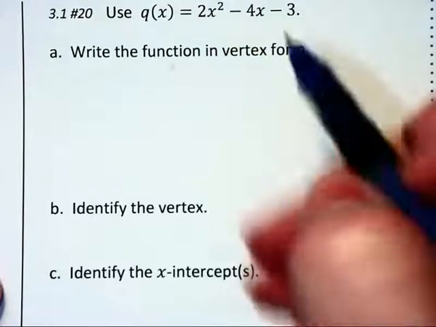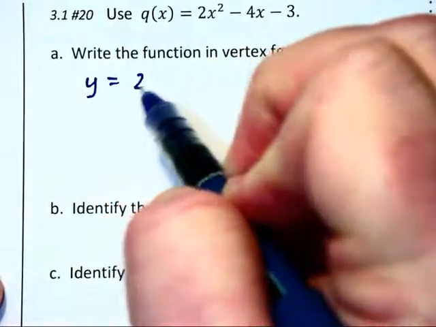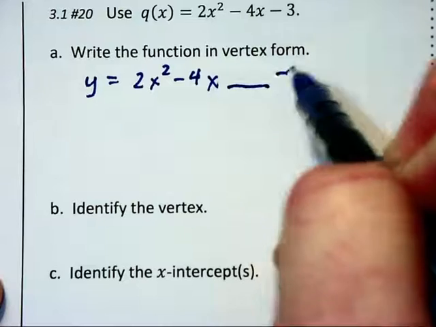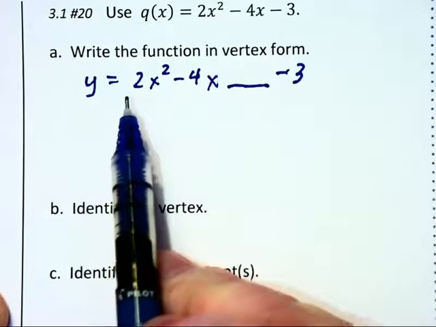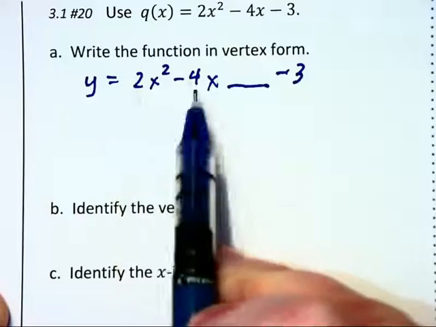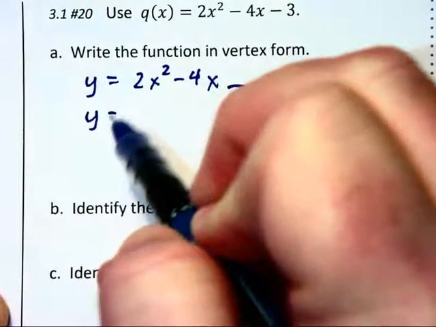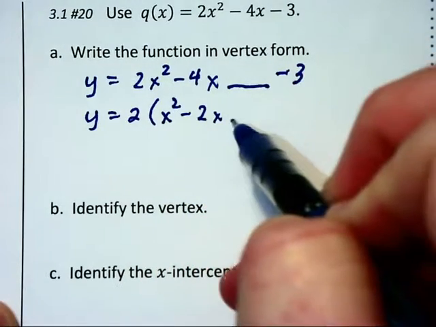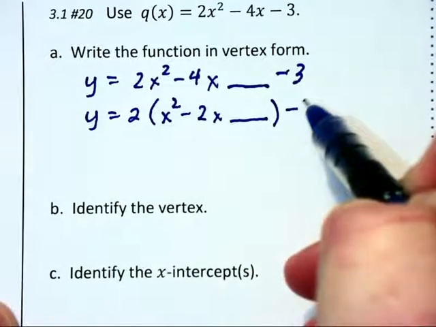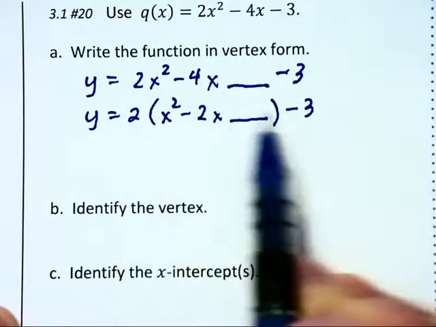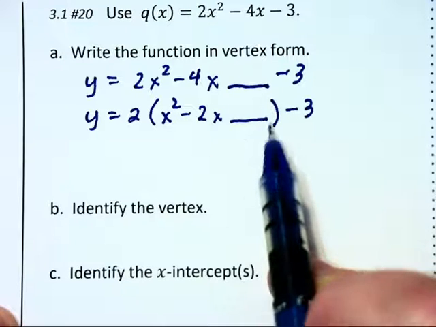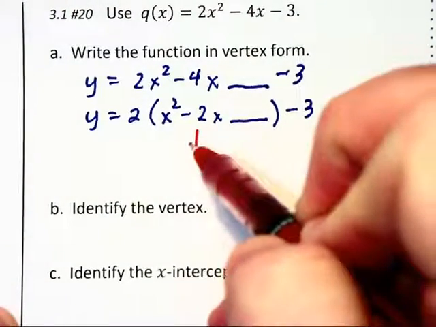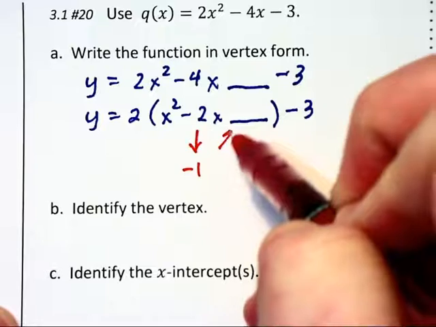Let's try this again with another function. y equals 2x squared minus 4x, leave a space, minus 3. This time we do have a leading coefficient of 2, which we need to factor out of the first two terms. So y will equal 2 times the quantity x squared minus 2x, leave a blank, close parentheses, minus 3. We do not divide the 2 out of the negative 3 because we've closed the parentheses and the 2 can't reach over that far. Now we will cut the negative 2 in half to negative 1, square it to a 1,